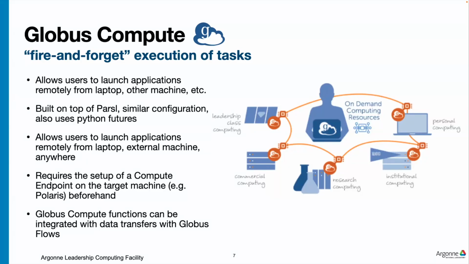And then from somewhere else, and I'm going to demo running from my laptop, but you could do this from a machine at your university. You could do it from another HPC system, which you might want to do maybe in the context of agentic workflows. You can submit tasks to this process sitting on